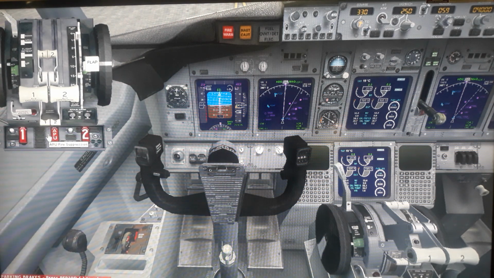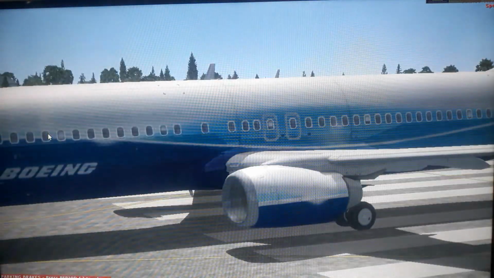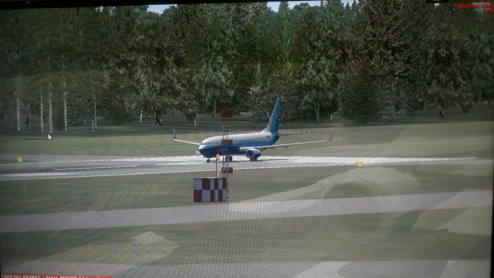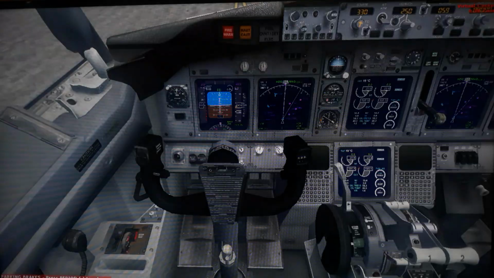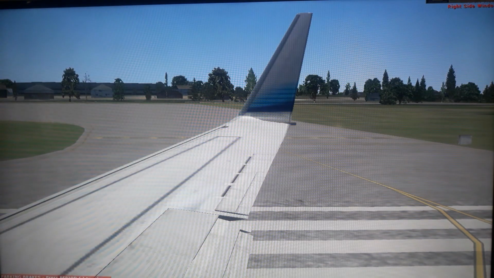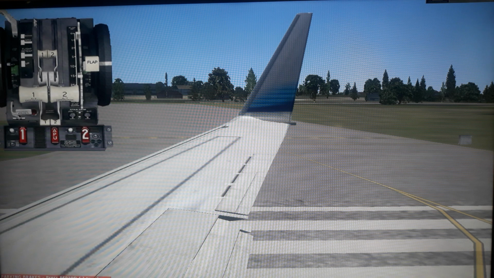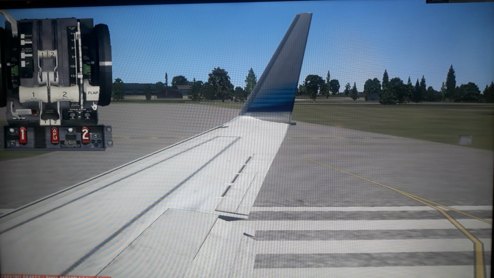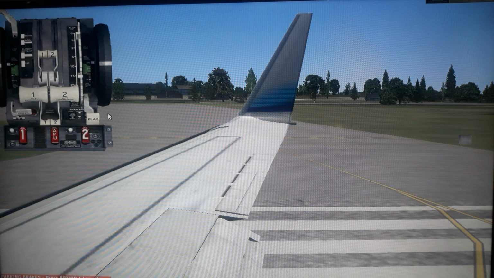And the outside, how does it look like? Let us see. This is the flap. And now let us put this here. Now if you move the flap, you can see the flap is moving now. While landing, you will be putting the full flap. You must have seen when you look for the video.